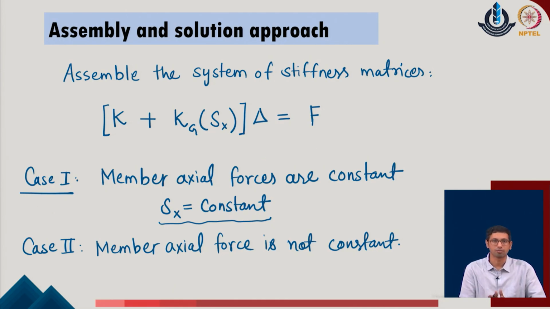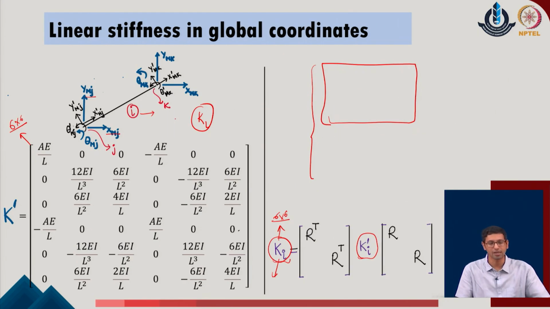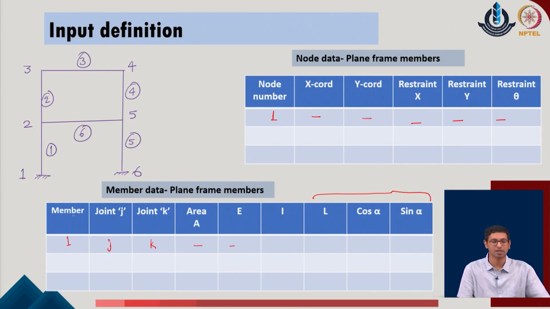I think we can now go back to the same discussion which we did in the general stiffness formulation. We define the individual nodes of each of the members and locate where the stiffness for that particular member will go in the global system. So, just to make one idea in a simplistic manner, this system has a total of 6 nodes in the given problem. So, I will realize that the given system will have 3 into n, which is 18 total degrees of freedom. That means the overall size of the stiffness matrix or the geometrical stiffness of the given system will be 18 cross 18 in the given problem.